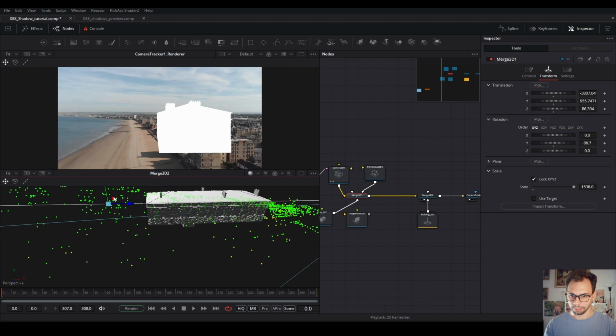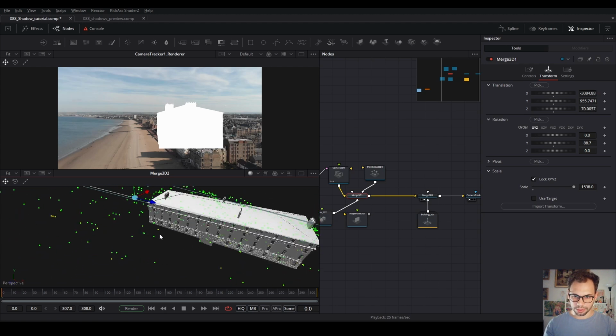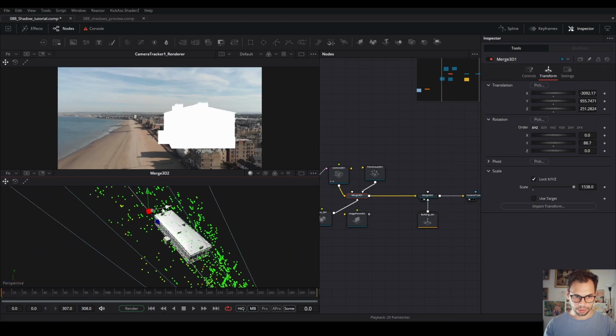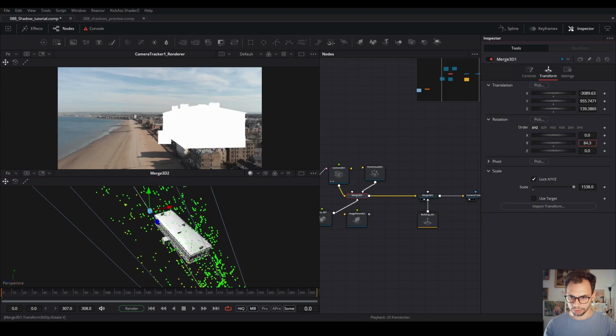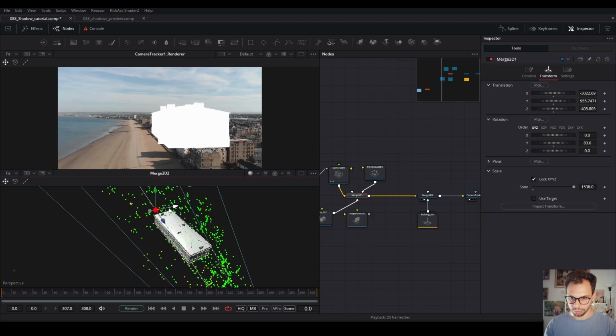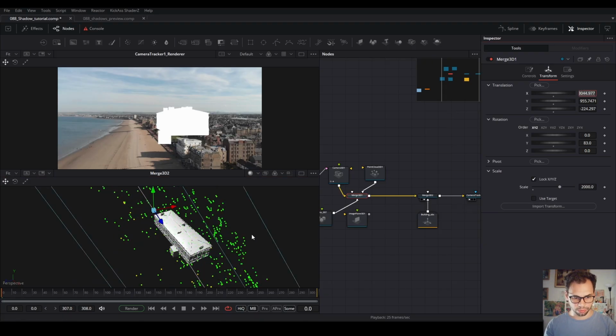So I'm aligning my building with the helper object. I think the scale is still off, so let's fix that. The rotation is more or less there. Oops, I deselected the merge, select again, just to move everything together. And yeah, let's adjust the scale, so maybe 2000, maybe 2.5,